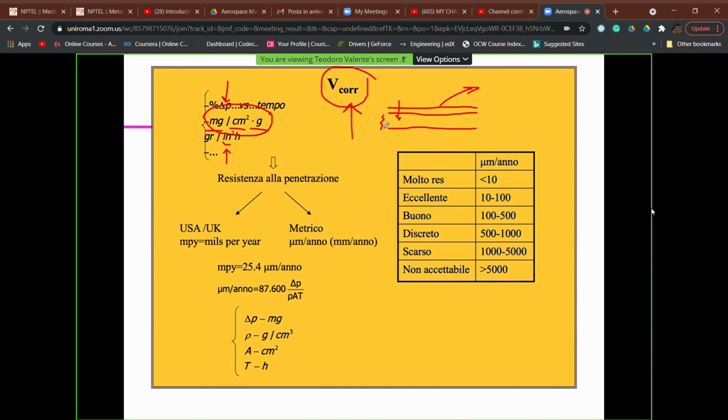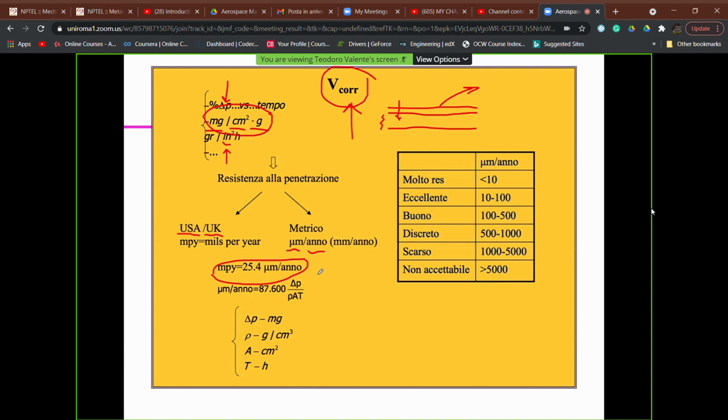And in this case, when we make this as a basic case, our corrosion rate can be defined as microns per year, for example, in terms of thickness reduction per unit of time, or by using the US or UK measurements in mils per year, MPY, remembering that there is a very simple equivalence to pass from the MPY unit of measurement to the micron per year unit of measurement.